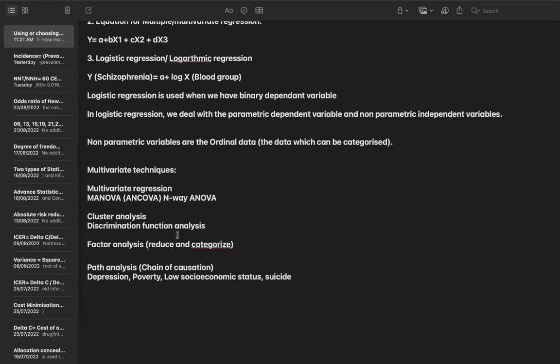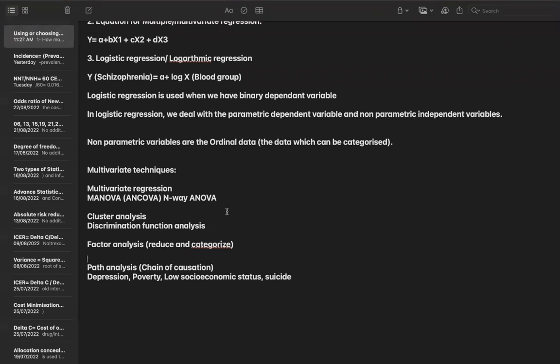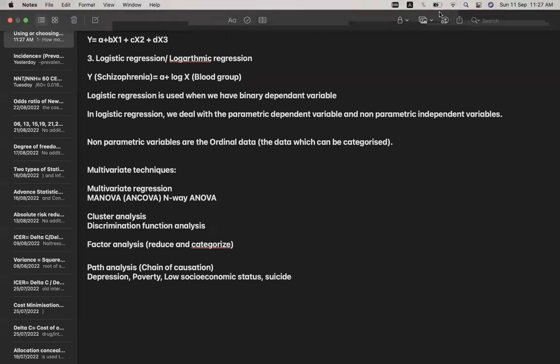Factor analysis means reducing the data and categorizing it, making it more organized and smaller. So this is factor analysis. So this was all about